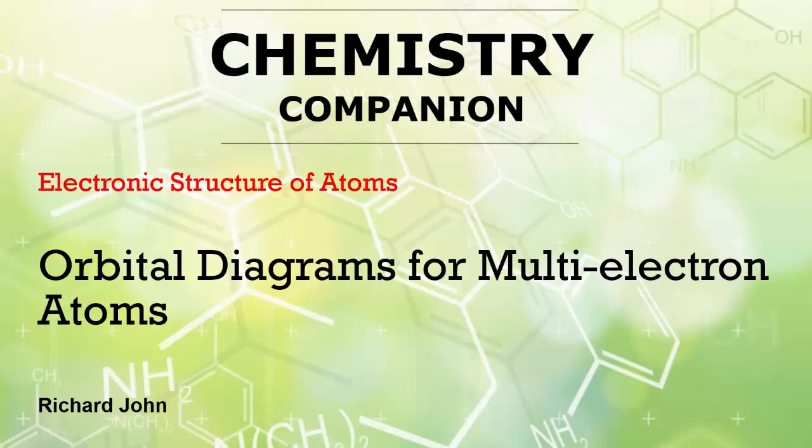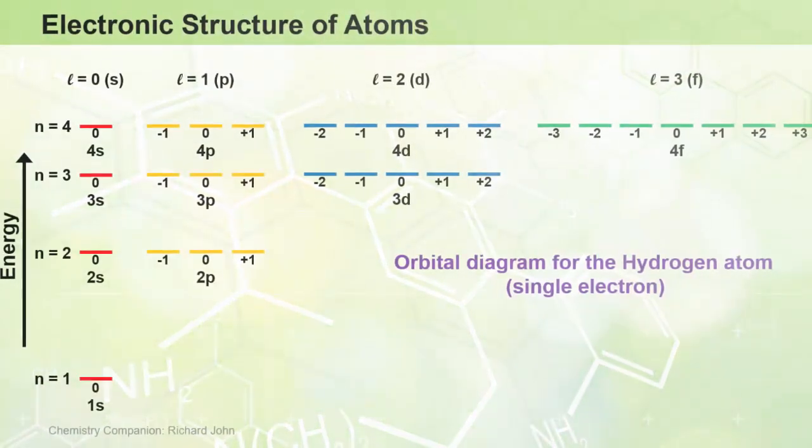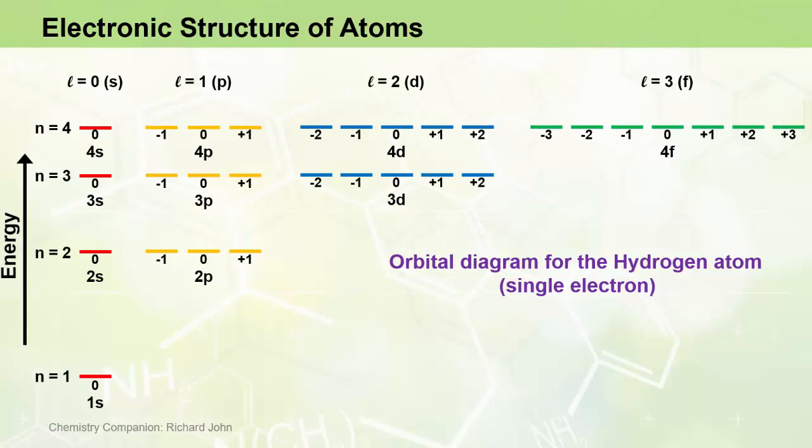In this video, we take the concepts of the atomic orbital diagram for the hydrogen atom, which contains just one electron, and extend them to look at the orbital diagrams for all of the other multi-electron atoms. Just to quickly recap, this is the orbital energy diagram for the hydrogen atom that we were introduced to in